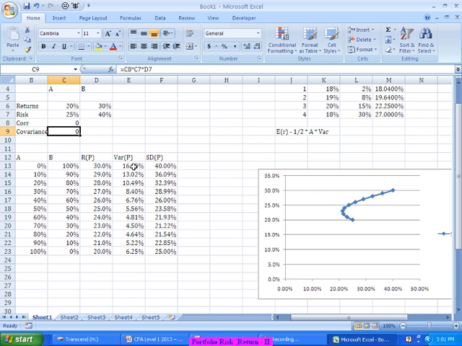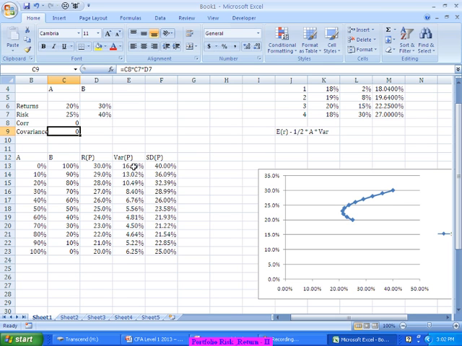This is the combination, right? Now, because of this combination, what is happening? If a person wants to put 100% of his money, the minimum risk that he can think of is 21.22%,